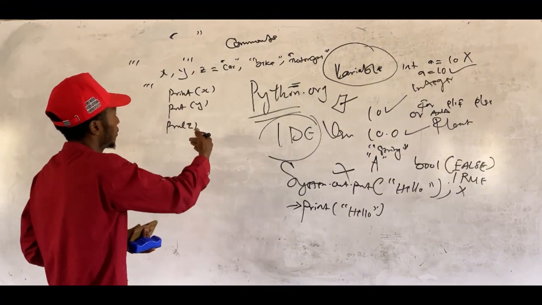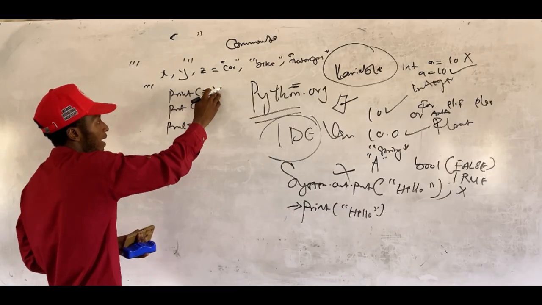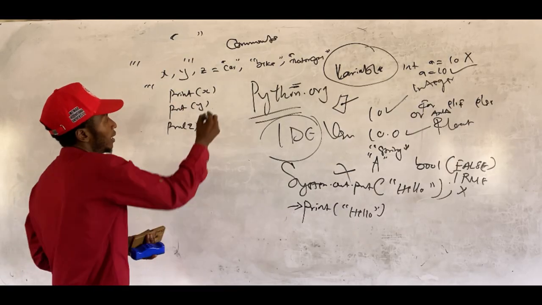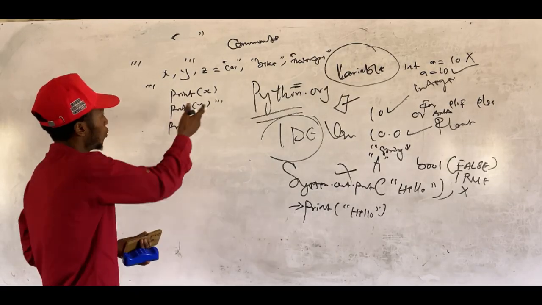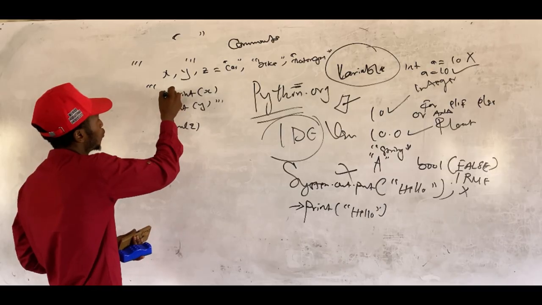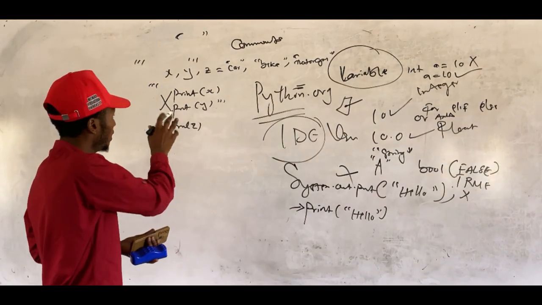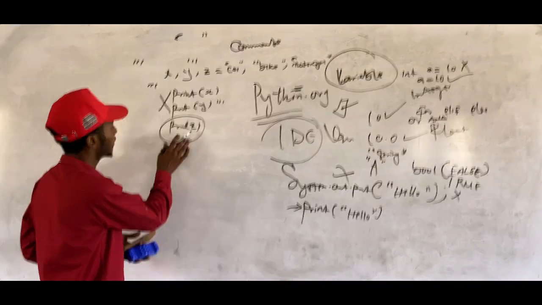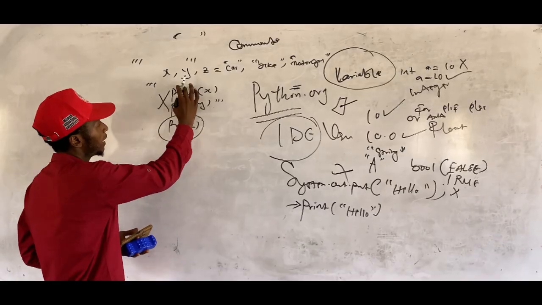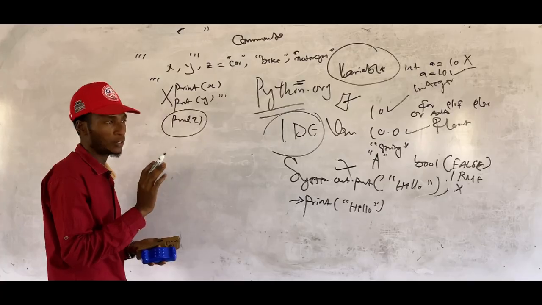Where do you want to comment? Maybe you just want Z to appear. You don't want X and Y to be printed. Then you now end your comment here. So this is going to be out of the scope. It is not going to be interpreted by the interpreter. This part is not going to be executed. This is the only part that will be executed.